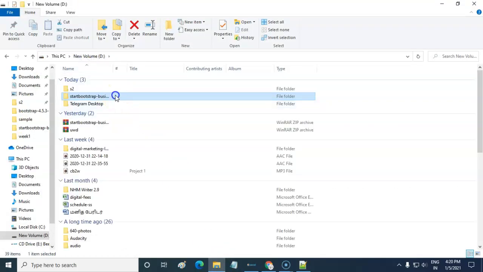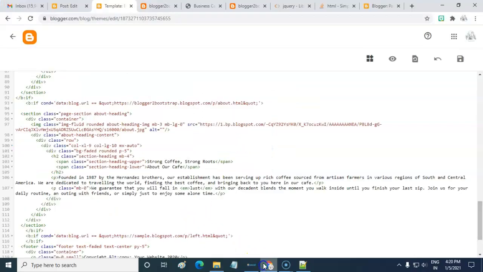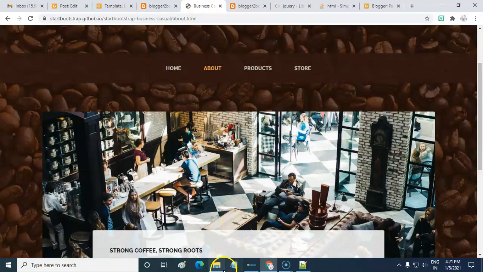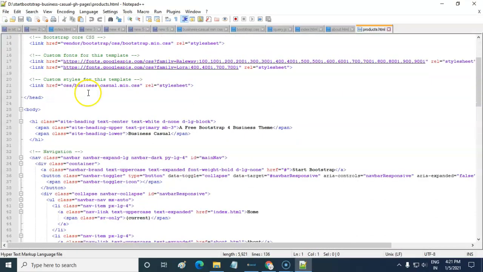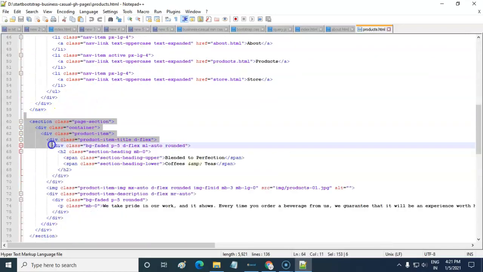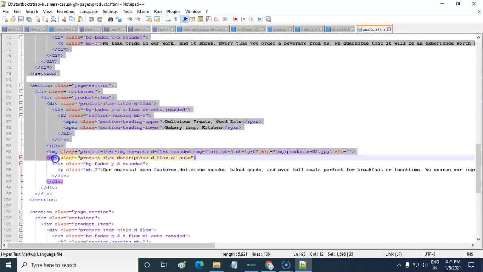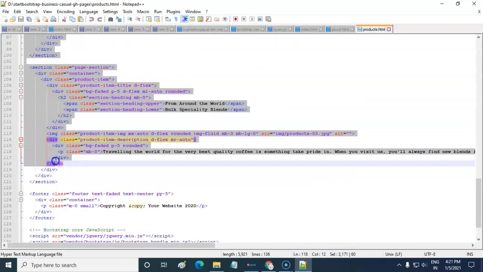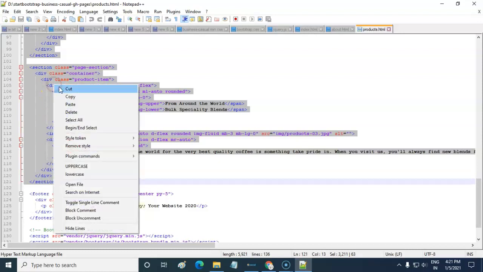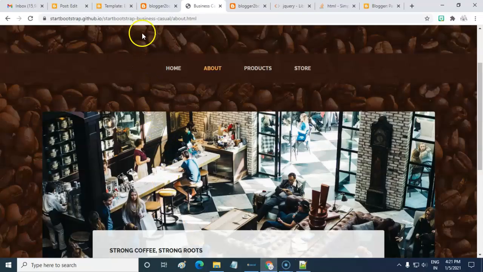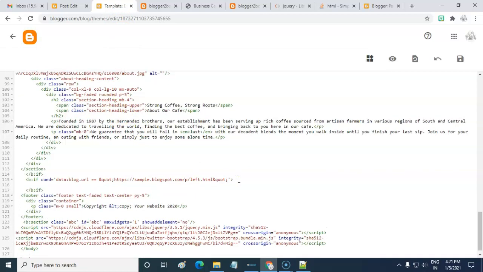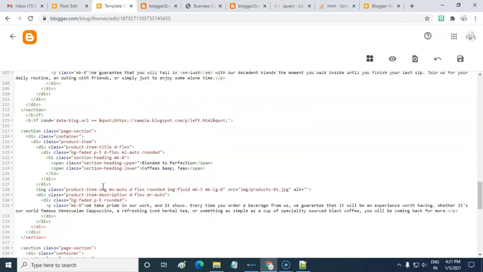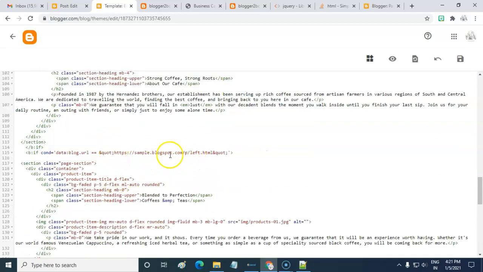The next page is products. Here we have three sections. We have to use the correct URL.